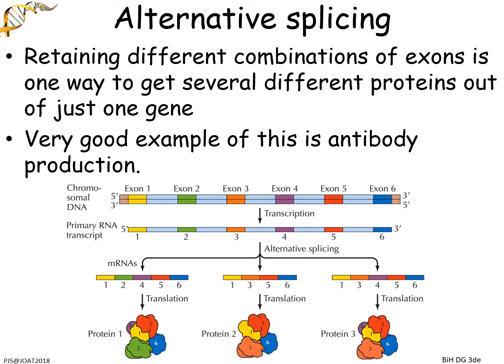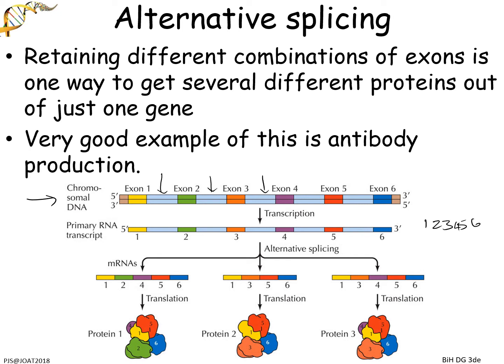This is not antibody production, this is a general one. So what we've got here on the original code, so this is your original DNA code, we have exon 1, 2, 3, 4, 5, 6, and then we've also got these pale blue sequences, so these are our introns. So what we'd normally say is, fine, find the promoter, bring in our RNA polymerase, open up a transcription bubble, start reading along, and then peel off our primary transcript. And now all we need to do is just cut out those introns. So if we did that, we would end up with a normal sequence which ran 1, 2, 3, 4, 5,